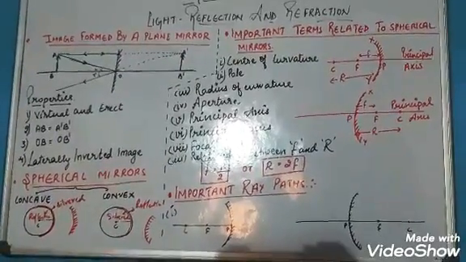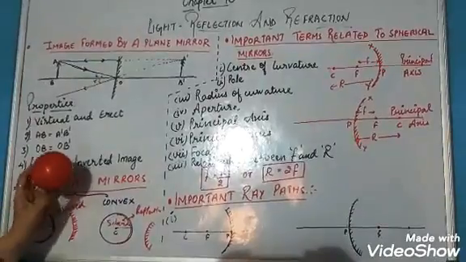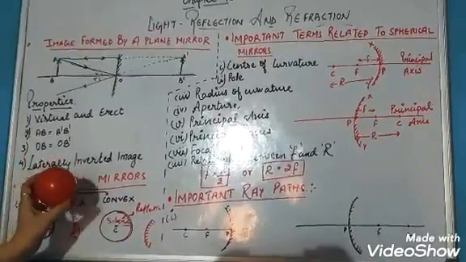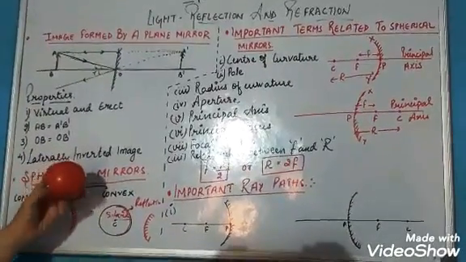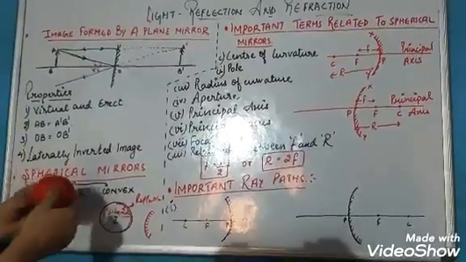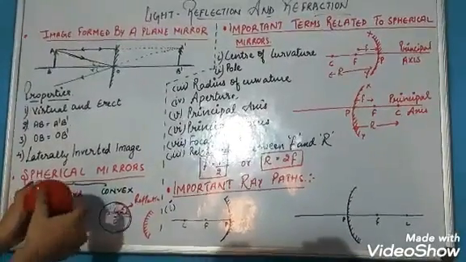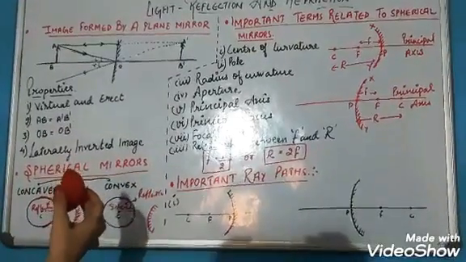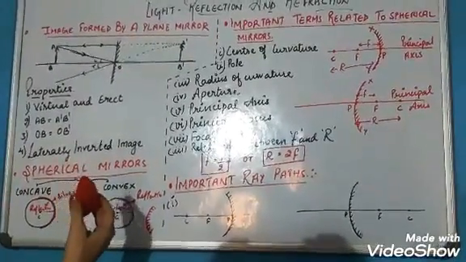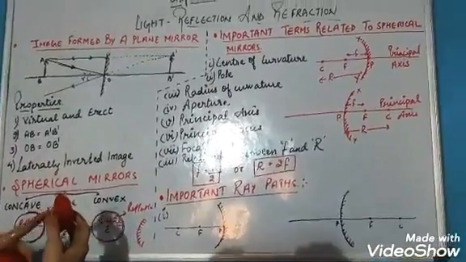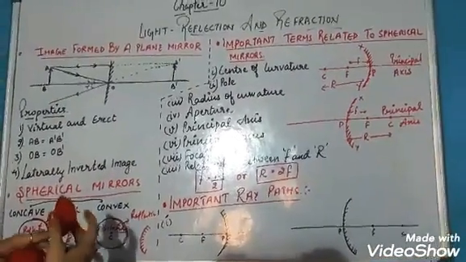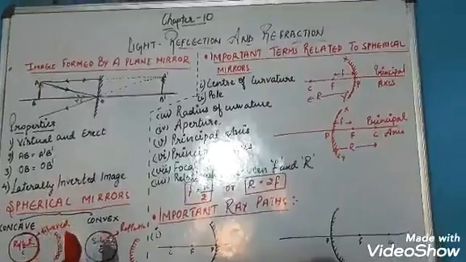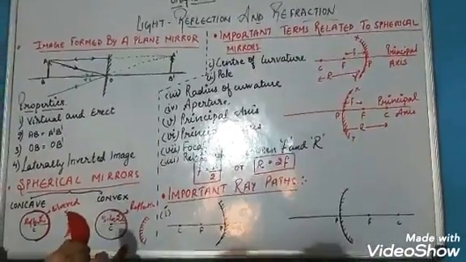And how do we cut it? This is a hollow sphere. You can consider this as a hollow sphere. Suppose I cut it from this side. See, this is the cut portion of the hollow sphere, and this will act as a spherical mirror. If it is polished from inside, that means the outside is reflecting, and it will be similar to the convex one.